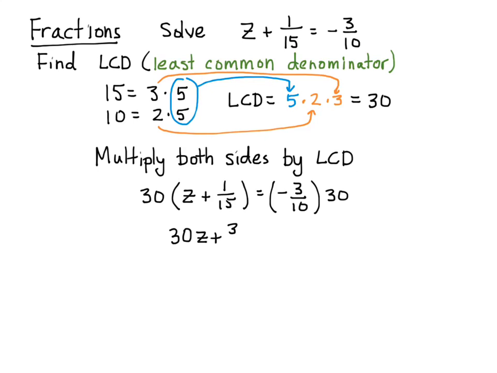And then we're going to get 30z plus 30 over 15 equals negative 90 over 10. And so when we simplify that, we actually get integers. Now, when I said that you didn't even need to multiply out the lowest common denominator, it'll save you a couple steps, because working with larger numbers is harder than working with smaller numbers. So if I did this by just keeping the 5 times 2 times 3,